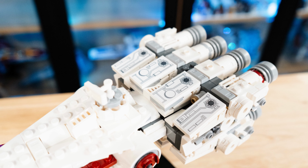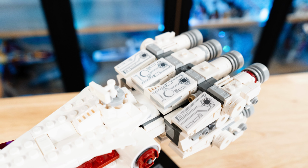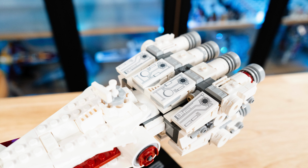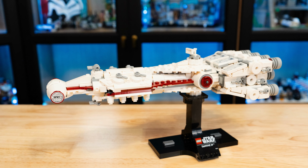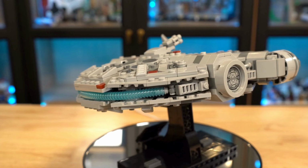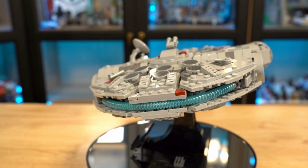The details are perfect. The color, yes, it's just white and red, but it just goes with the show. I have no problem with it. I'm honestly kind of sick of the gray when it comes to LEGO, so an all white and red ship is okay with me. Last but not least, we're going to talk about the Millennium Falcon, and in my opinion,